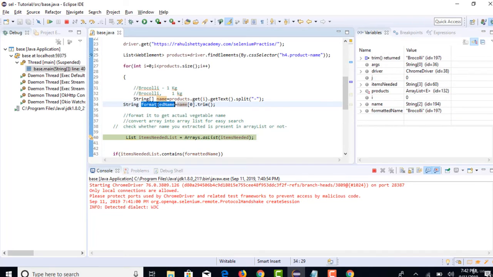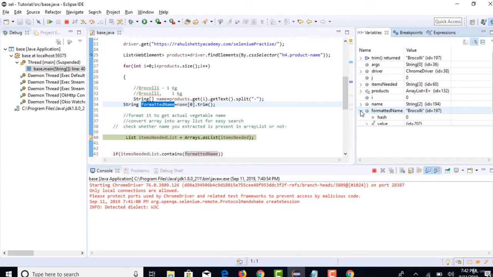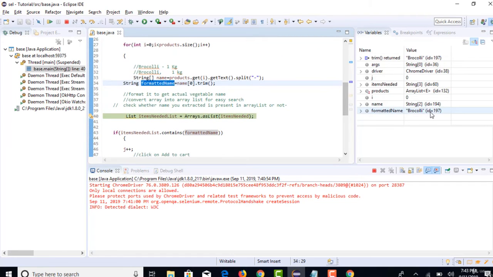In formatted name we want to take the 0th index, so broccoli will get stored here. You see that the value in formatted name is broccoli, which we want. Nice. And it got trimmed, so there are no more spaces. Perfect. So we have successfully formatted this string from broccoli - 1 kg to broccoli. You can clearly see it in your debug.